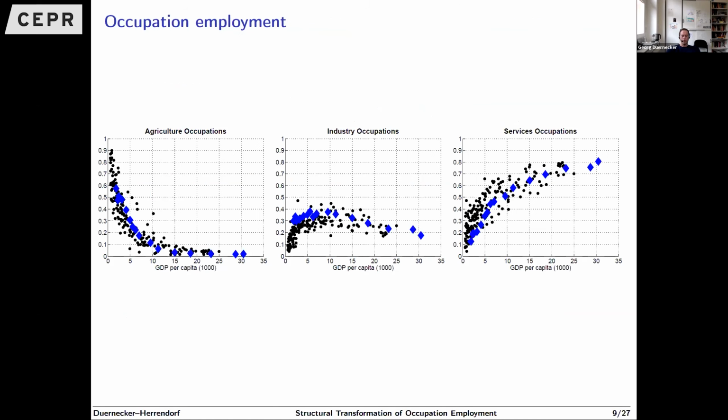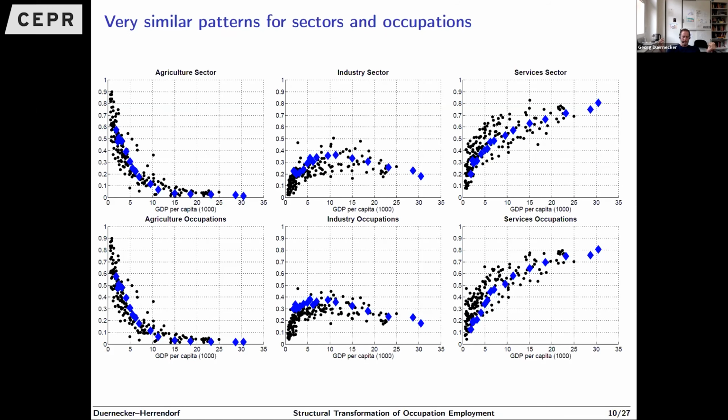So here are the figures for occupation employment. And in fact, they look very similar to the ones that we've seen for sector employment. So let's put them on top of each other. And they look very similar, actually almost indistinguishable. And perhaps for agriculture, that's not so surprising because, as we said before, agricultural occupations are almost exclusively employed in